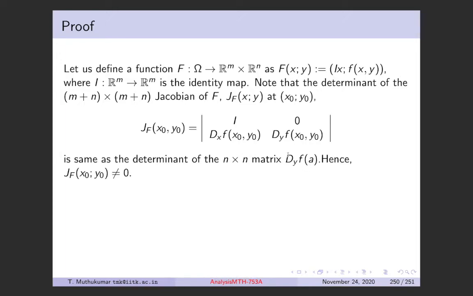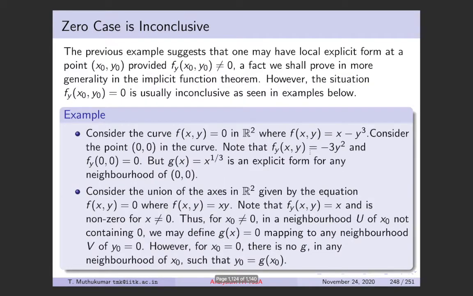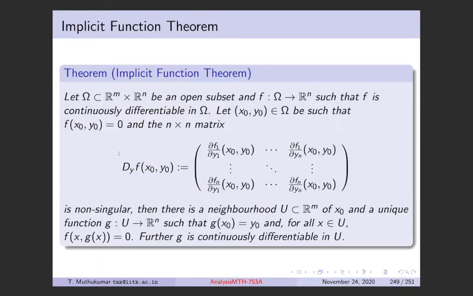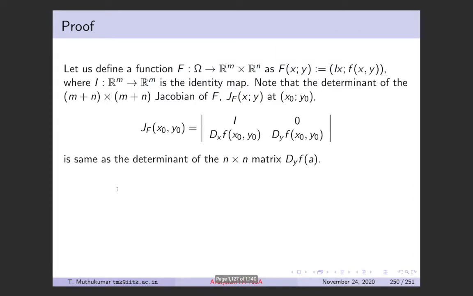In the statement of the theorem, we have assumed this is non-zero, right? This is non-singular, this is non-zero. If this is non-zero, then the Jacobian of F at x naught comma y naught is non-zero, because this is non-zero. So the determinant of this is non-zero. So the Jacobian of this capital F is non-zero,